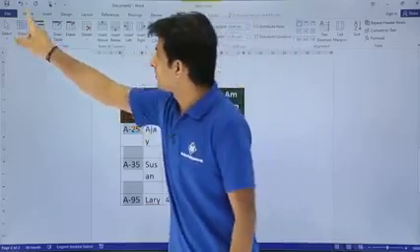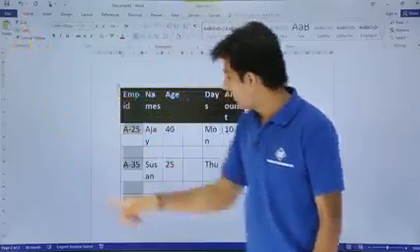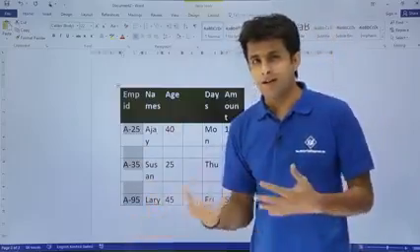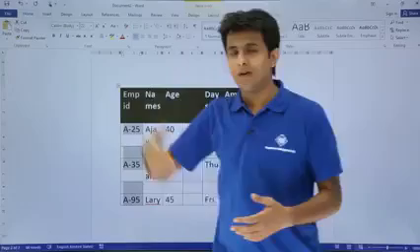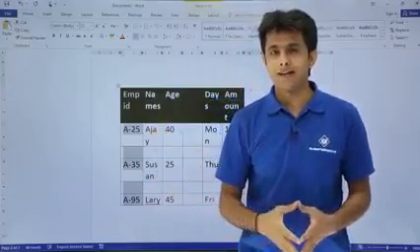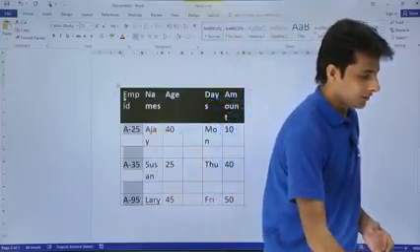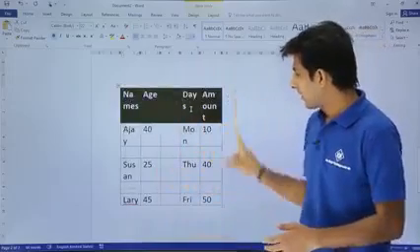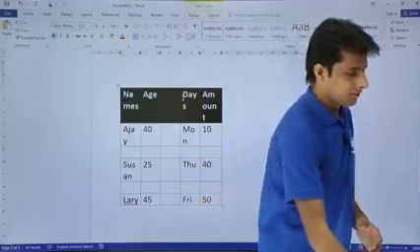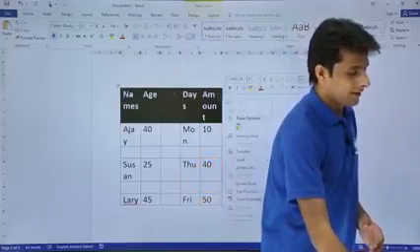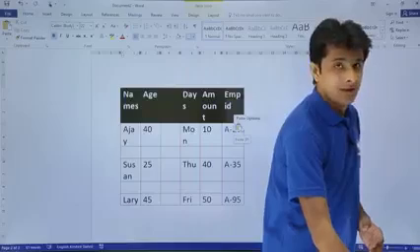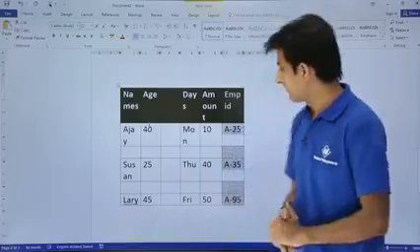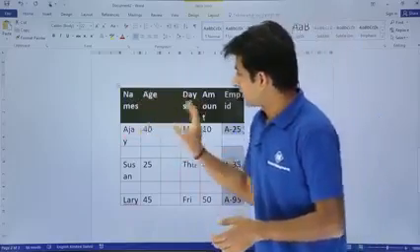Then you can use the Cut option in the Home tab, or you can press Ctrl X, or else you can right click, any of the methods. I'll just use the mouse, right click, and say Cut. So from here it has been cut and I want to paste it on the right hand side. I'll just right click here and say Paste. Once I click on that Paste, a column will be inserted. So this way it is cut and paste. I'll just resize it.